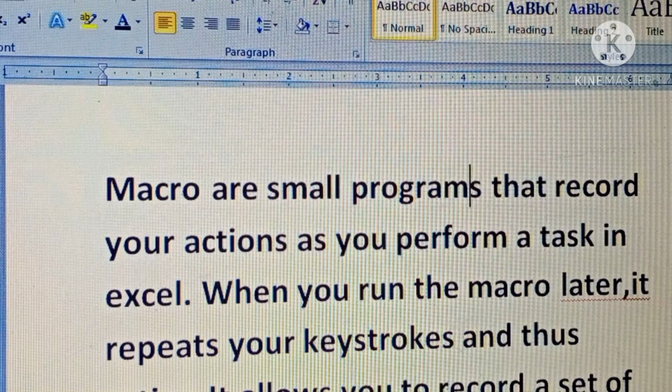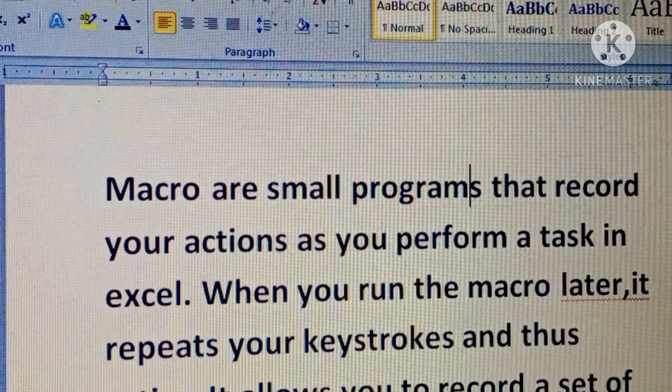You need not worry about this, that if we want to do these steps again and again, many times in this workbook, then you need not worry. By just clicking on this macro, you can run a macro as many times as you want. And there is also one feature when you are making a macro, the shortcut key feature, you can use that shortcut key also to perform those functions repeatedly. Plus there is one option also, that you can store this macro only in this workbook or outside of this workbook also. By choosing these options you can run your macros not only in one workbook, but you can run it in another workbook also.